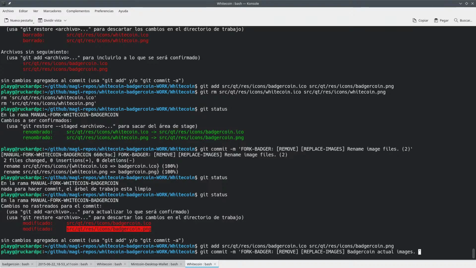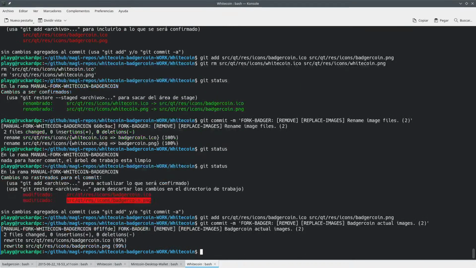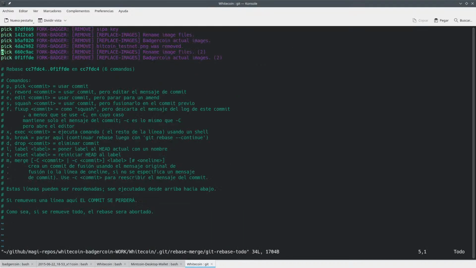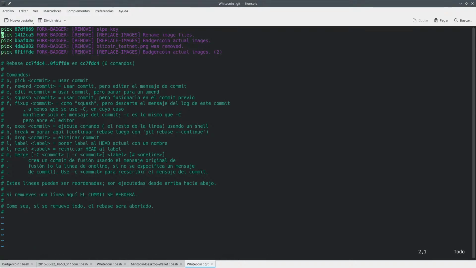These are the actual images, second time. Now we can rebase something like 6, and what I can do here is say that... something like this